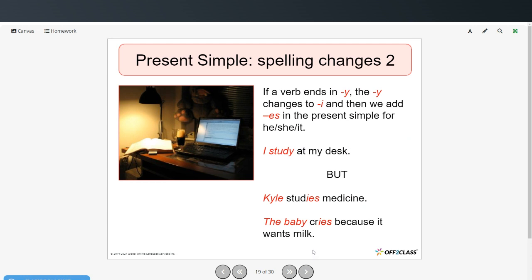And here are some additional spelling changes. If the verb ends in Y, the Y changes to an I, and then we add the ES to the present simple form for whenever the subject is he, she, or it. So I study at my desk. Study ends in a Y, but if we change the subject to a he, she, or it, so Kyle would be a he, and this is studies, so we changed the Y to an I, and then we added the